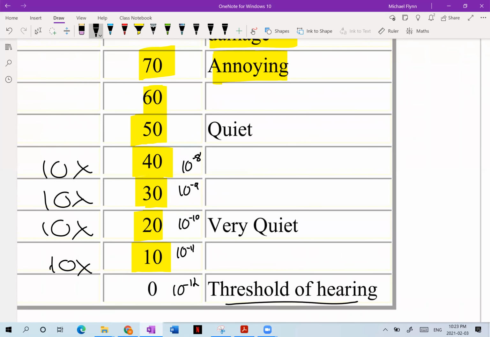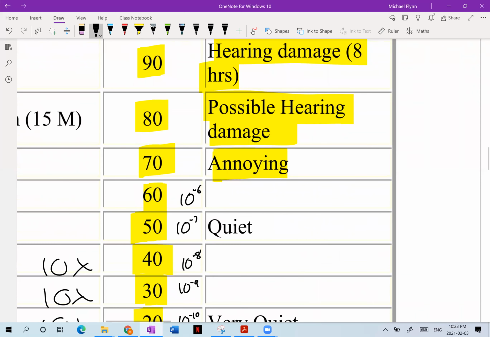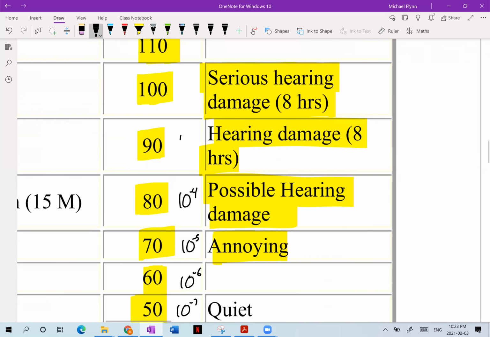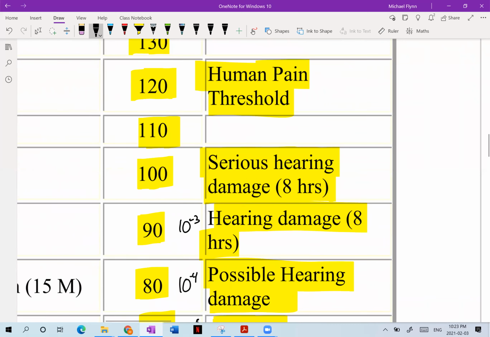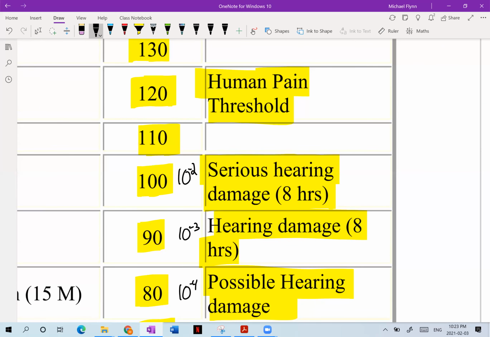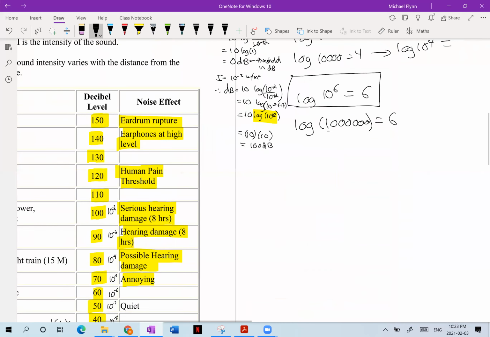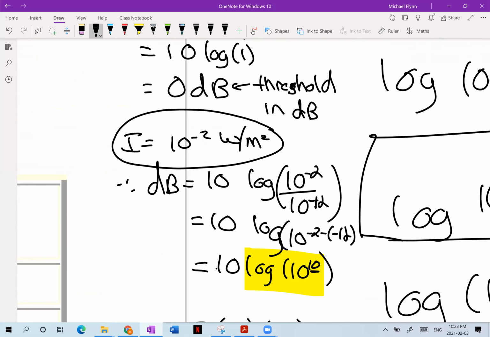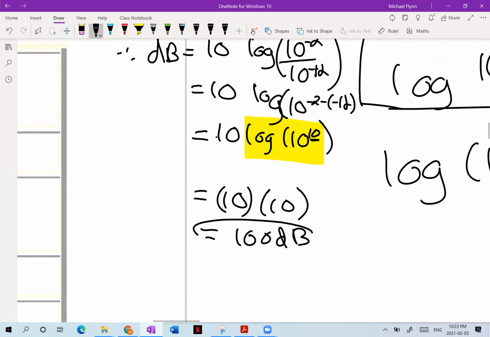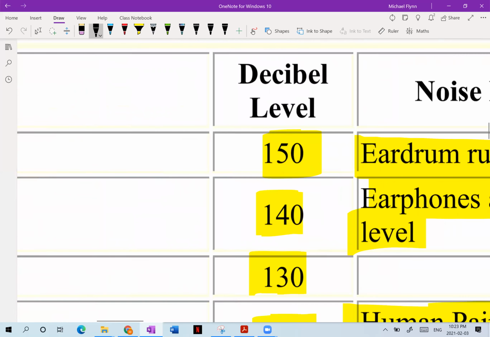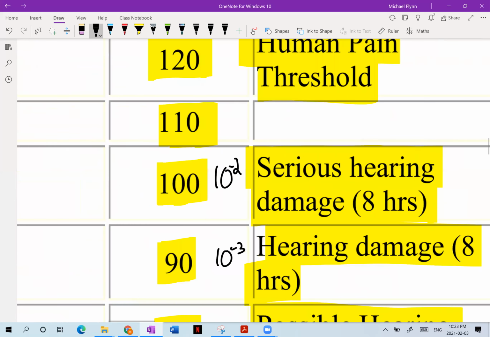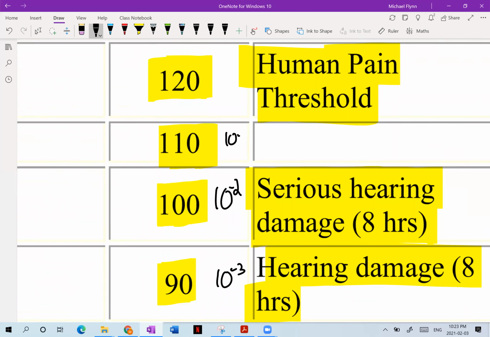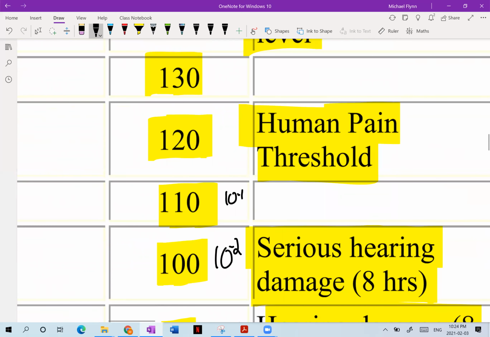This is 10 to the negative 8, 10 to the negative 7, 10 to the negative 6, okay? 10 to the negative 5, 10 to the negative 4, okay? You see the pattern, negative 3, 10 to the negative 2. We said 100 decibels was 10 to the negative 2. Remember our example? Look at that, 10 to the negative 2. We used the formula. How many decibels did we get? We got 100 decibels. See, I'm not lying, okay? 10 to the negative 2 for 100, 10 to the negative 1 for 110,